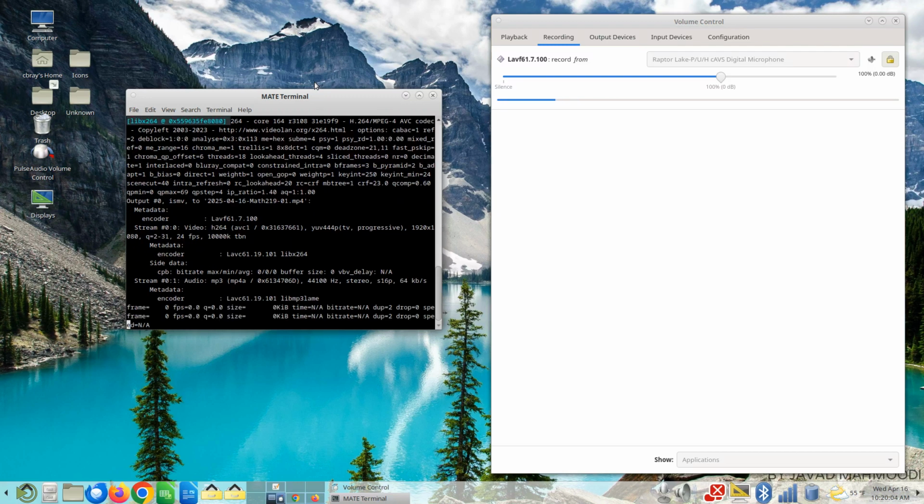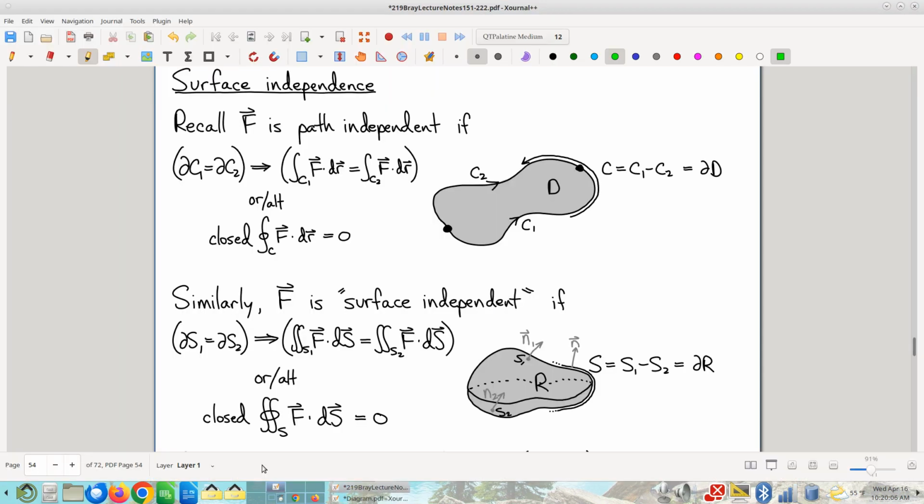All right, time to get started. So here's where we were last time. We were talking about surface independence. Remember, it's sort of a rip-off of the idea of path independence. In fact, a shockingly analogous rip-off of the idea of path independence. It's like, oh my gosh, somebody took the same idea and then just kind of